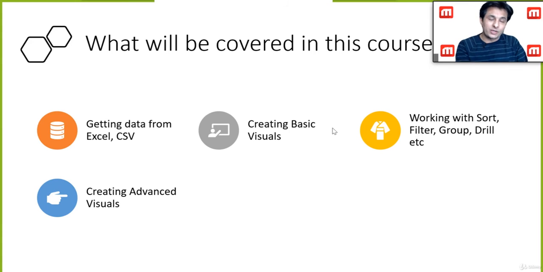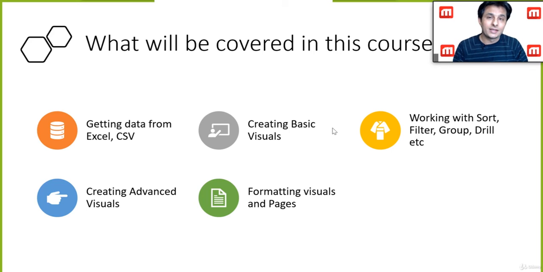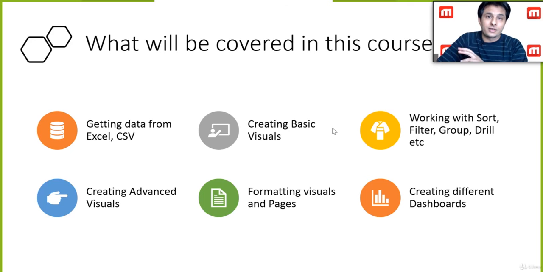Once you are aware of the basics, we'll see how to create some advanced visuals and advanced charts. Then we require some formatting on the visuals or on the pages also. That topic we'll see. Formatting visuals and pages is the cosmetic part: alignment, coloring, font and formatting. Therefore I have kept it for the last part. First we'll look at the functionalities of MicroStrategy. By the end of the course, you will come to know all the features and functionalities of this MicroStrategy Desktop application. Lastly, when you're an expert in all these basic features, we'll create some interactive dashboards.